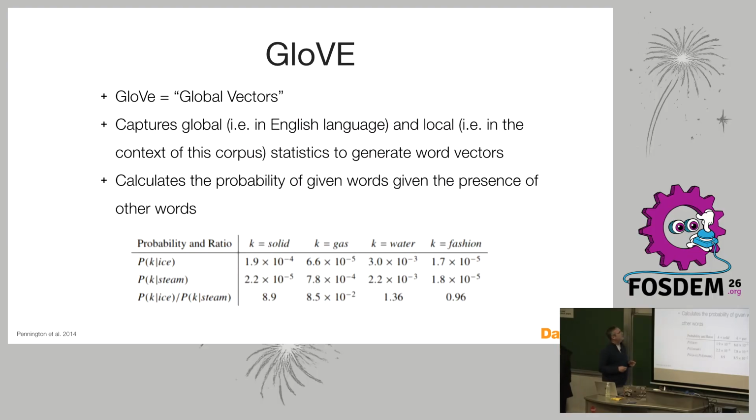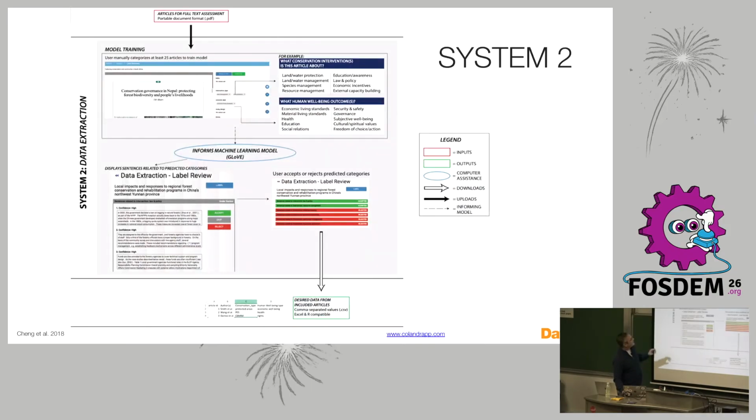The second technique we're using is referred to as GloVe, which is global vectors. So we're capturing global vectors. Most of this work is in the English language. So we are generating word vectors based on occurrence and relevance statistics, and then it calculates a probability of given words, what they actually mean based on how it's used in the presence of other words in the system. So this is a slightly different flow. We would read in actually like a PDF and then apply this technique. So we aren't pulling any other information from another abstract system.